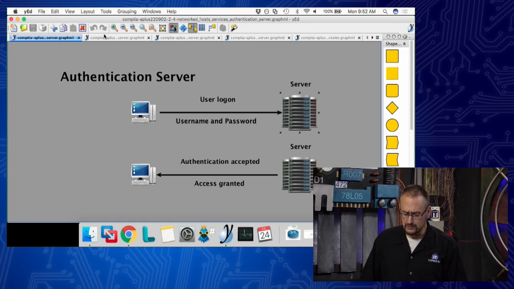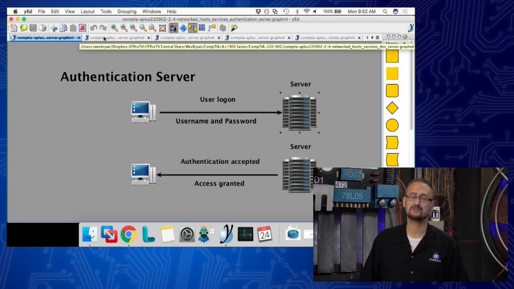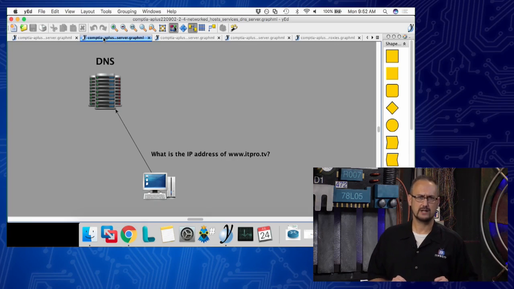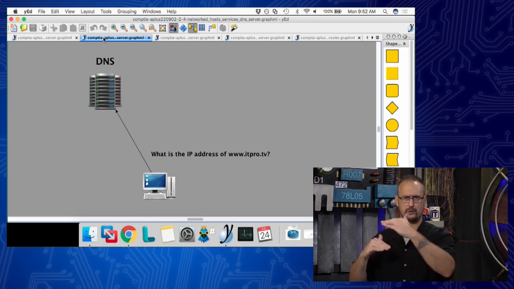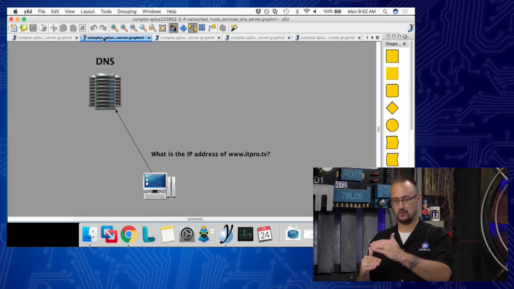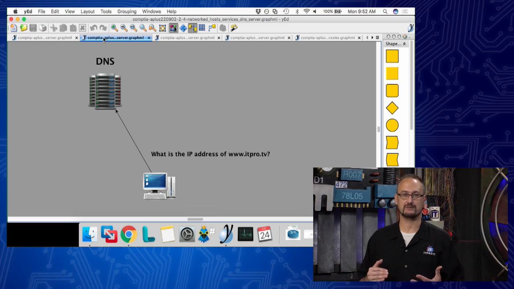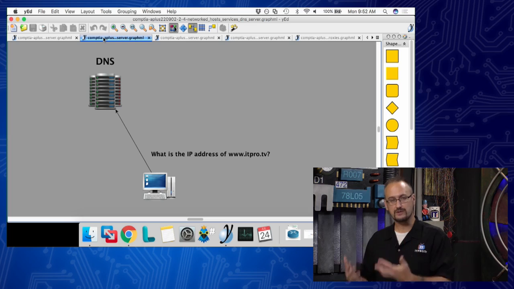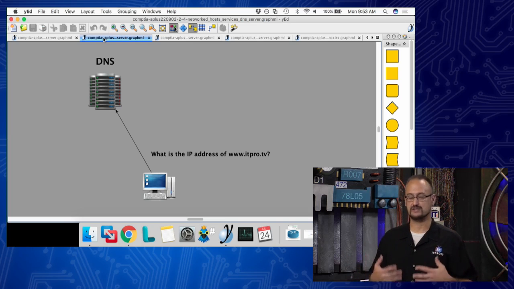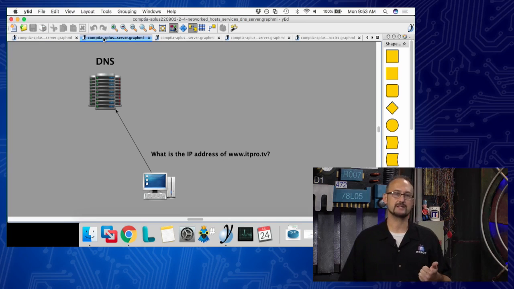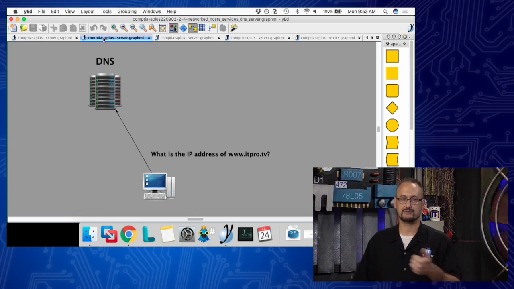Well, to be able to find that service that's being provided, guess what it does? It relies on DNS. First, it talks to another server and says, hey, you got a name here? Because all I have is a name and I need an IP address. In this network protocol stack, according to the rules of TCP/IP, I have to have some kind of number to talk to this authentication server. So you can start to see that these services, and they call them network host services, these roles and functionalities, allow your computers to communicate with one another. DNS, keep in mind, takes names and resolves them to IP addresses.